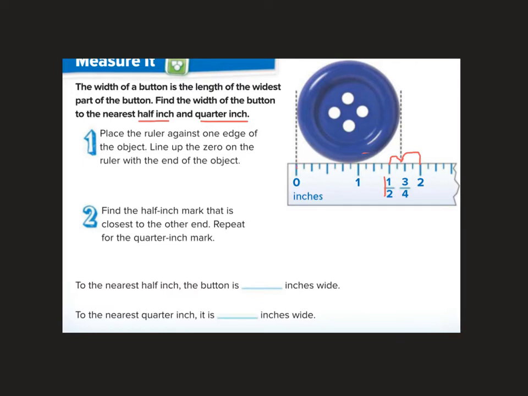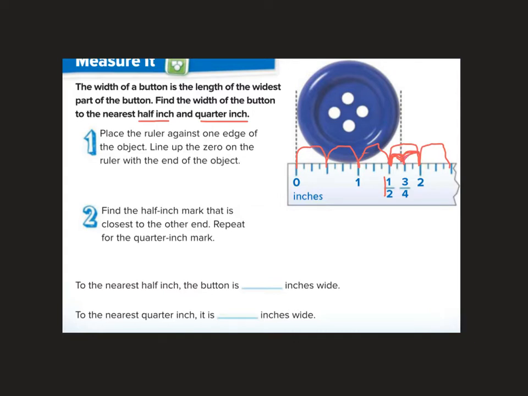Because if I'm going up by ½ inch, I'd stop here at a half, then I'd stop at a 1. I'd stop at 1½, I'd stop at 2. I'd stop at 2½, I'd stop at 3. So we're either doing our wholes or our ½ inches. So what is this to the nearest ½ inch? Okay, it looks like it's closer to 1½ to me because I'm going right here